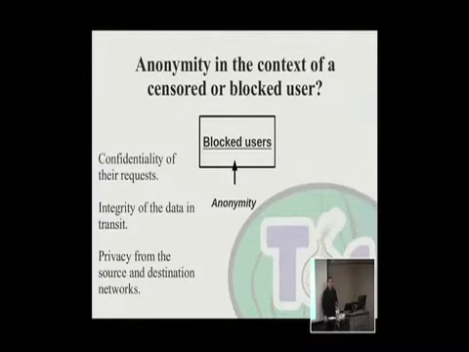So what that means for most people is that they want to be able to reach a particular site. They want to reach that site without alerting people that they're visiting that site. And they want to make sure that the site doesn't learn anything about them except what they reveal. And so Tor provides these properties and more. And largely for blocked users, this is quite an improvement over what they were previously using.